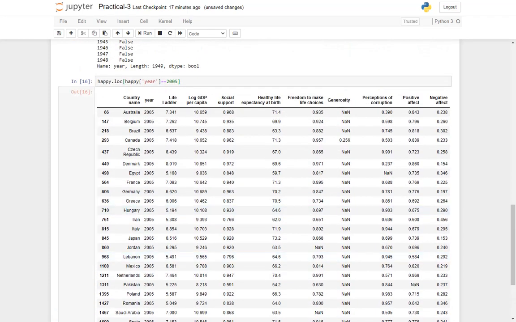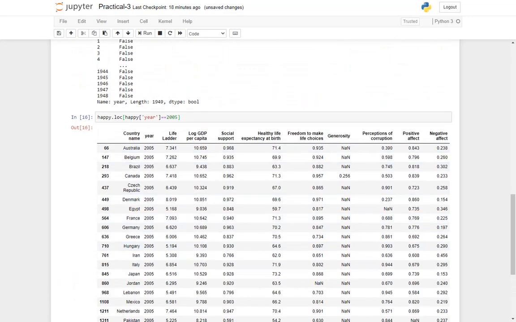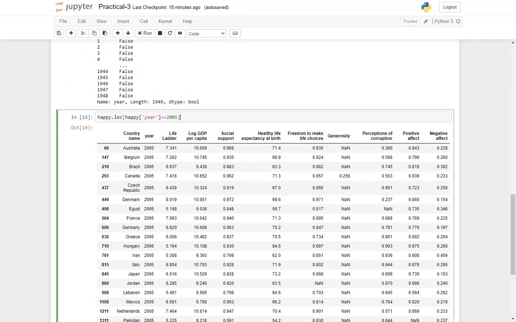Right? Now let's say if I do not want to view all other data, I just want to look at the country name, the list of countries whose data was recorded for the year 2005. So I can just add here LOC, after this I can have country name.